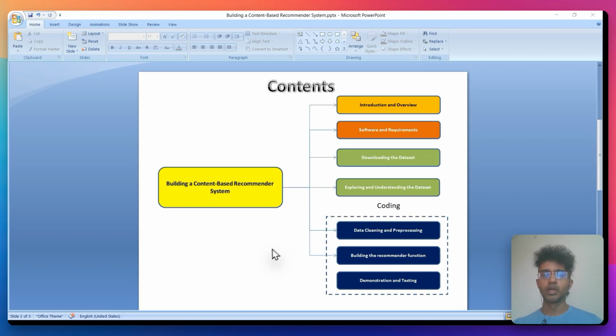for the workshop. So we have this introduction overview, which you're doing right now. Then we're going to talk about the software and requirements in the next section. Then we're going to download the data set on which we're going to train this recommendation engine. And then we're going to explore and understand the data set thereafter. So after all of this is over, the preliminary steps are over, we're going to do the coding, where we have the data cleaning and processing, and then we're going to build the recommendation function thereafter, and then post that at the end, we're going to be finally demonstrating and testing the